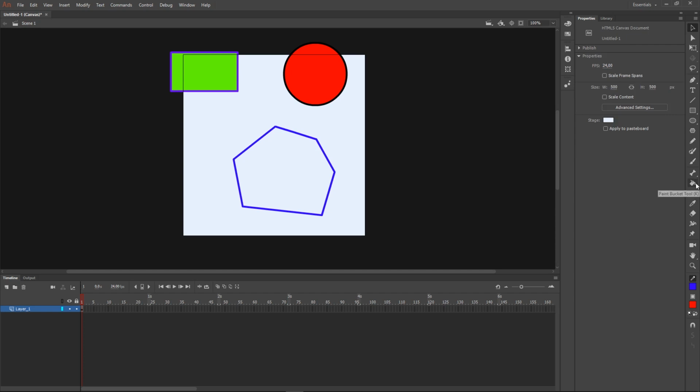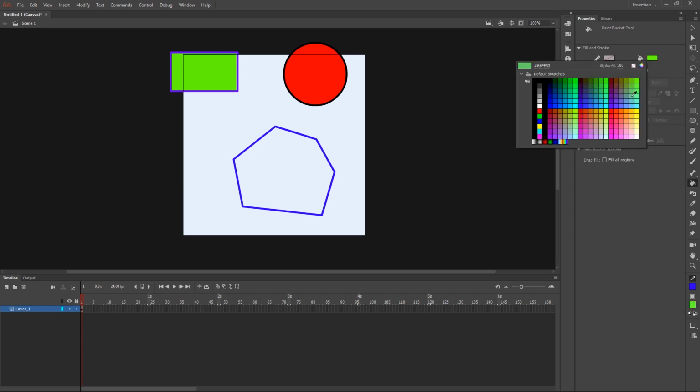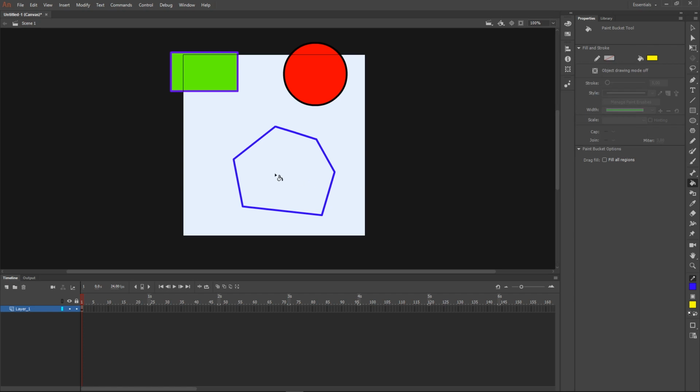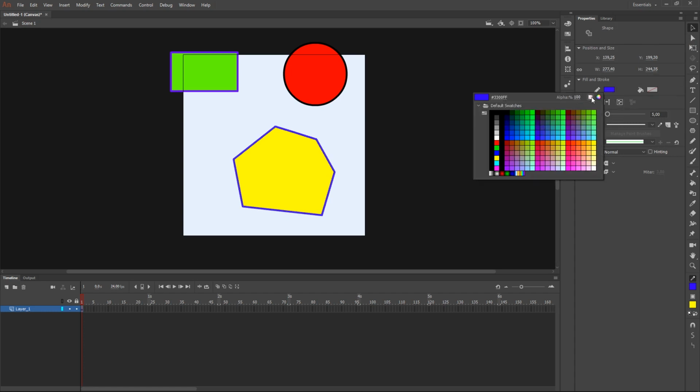It is called Paint Bucket tool, and now you can choose your color. I will go with, I don't know, yellow, and just click anywhere inside of your shape, okay? And there you have it. And if you right now, for example, do not want the stroke, all you need to do is double click on the stroke, and you can get rid of the stroke like this,